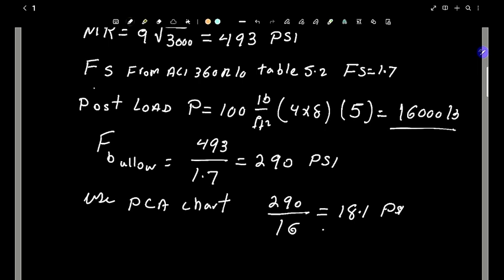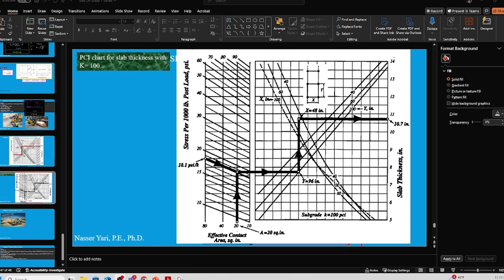Well, let's go to the chart here. So this is an interesting chart. I'm used to using the equation, and charts are interesting. So here we calculated 18.1 psi per kip, and we're going to finally use this. And this is a chart from the PCI book for k equal to 100. These lines are slanted. So we come in along the slanted lines, and you can see down here you have 10, 20, 40, 80. That was the area of the plate. So it comes in, it goes in right here, we match with 20 at that slanted angle. Then we go straight across until we